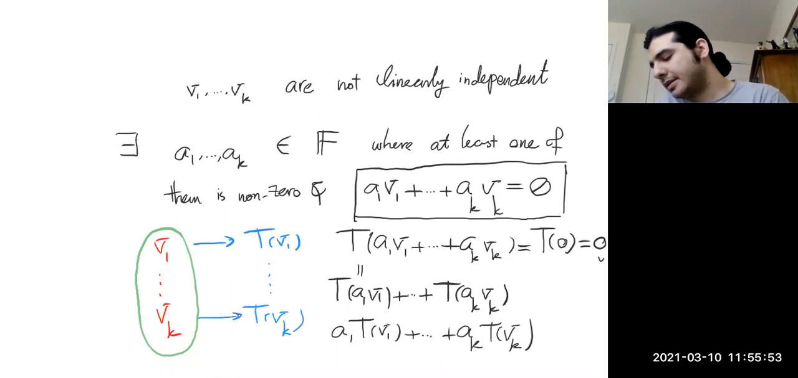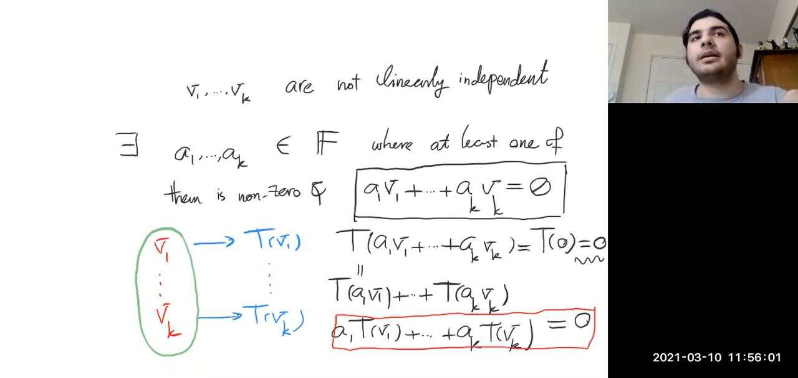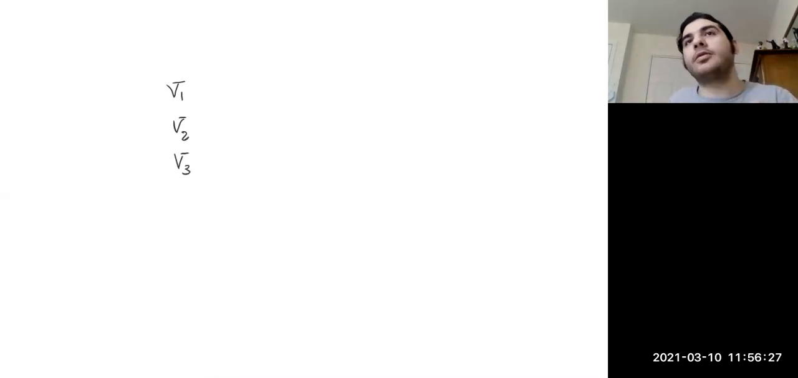Remember, on the other hand, it is supposed to be 0. So if you look at this relation, you would see that T of v1 up to T of vk satisfy this linear relation. So the images of these vectors in the codomain satisfy exactly the same relation as the vectors themselves. For example, if I have 3 vectors v1, v2, v3 in a vector space over the real numbers,